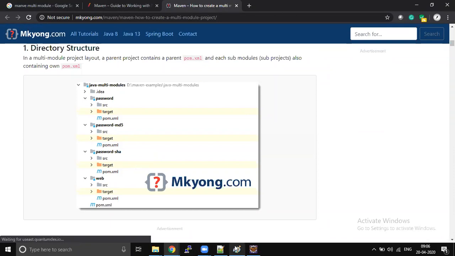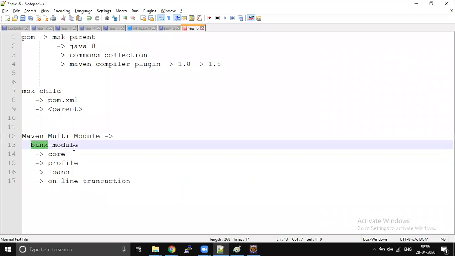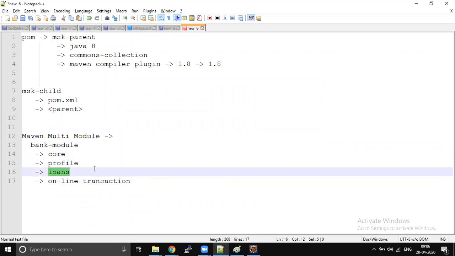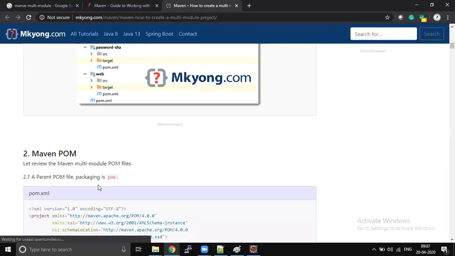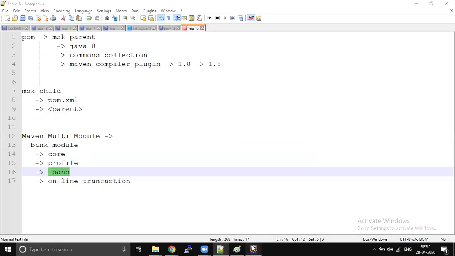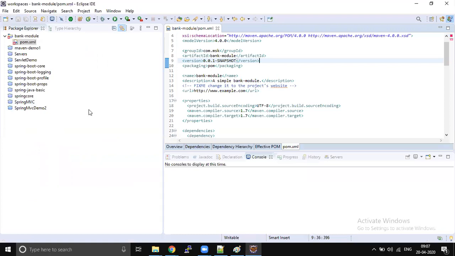For example, in the last example we saw, Bank is going to have multiple projects, so you can group them with the help of a module. But anyway, we don't do that with microservices, because microservices are completely individual. They cannot have any dependency on any other project. But you must have an idea. I will check why I am not able to create that with this Eclipse.